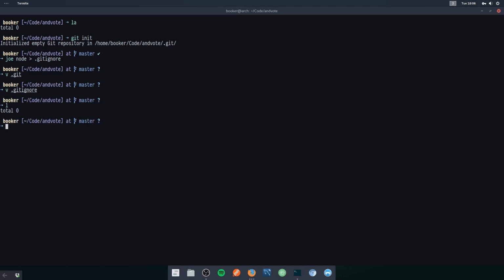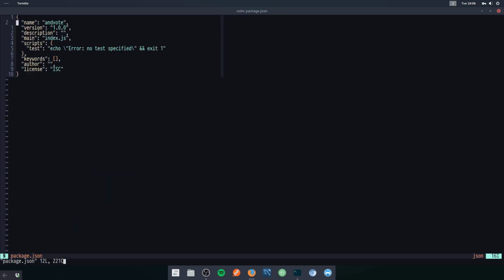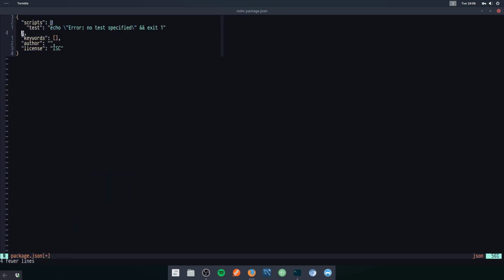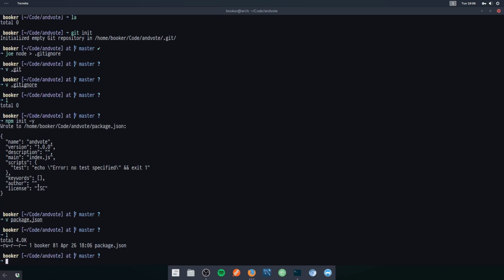Okay, next I'm going to create a package.json file using npm init, and again, these tools tend to generate more fields than are really necessary. These fields are useful if you intend to publish to npm or something, but because this is a server application, there's really no need. Next, I'm going to set up ESLint,